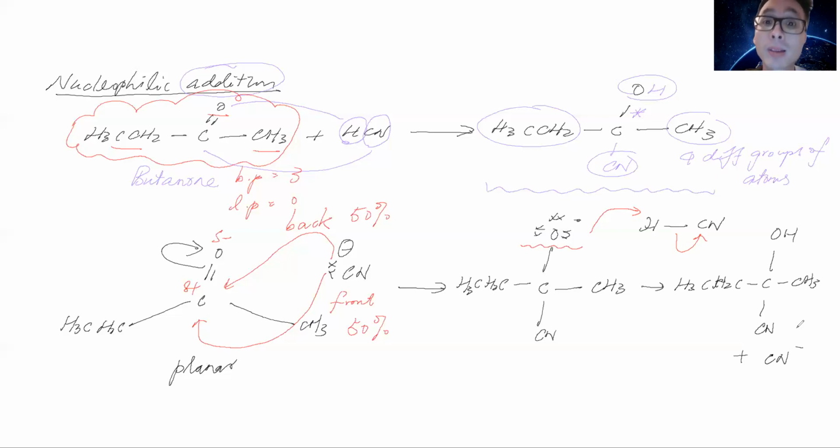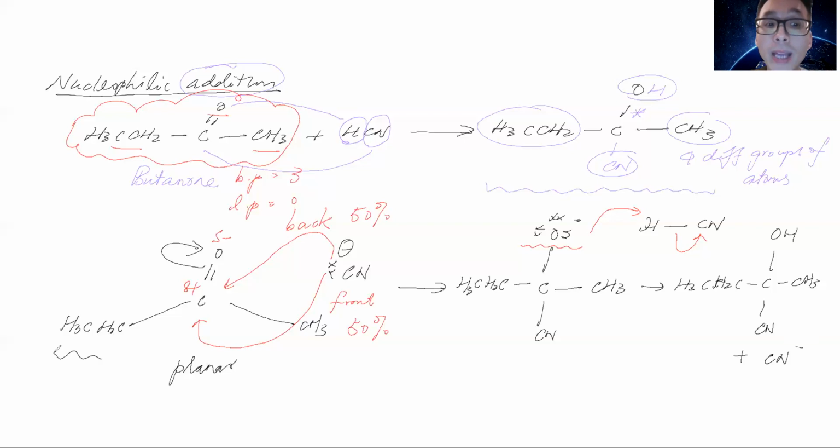If the process of the reaction involves either SN1 or nucleophilic addition, because for SN1, it involves the planar carbocation as the intermediate, and the nucleophile can attack either from the front or from the back, producing equal amount of a pair of enantiomers, because the attack from the front and from the back is of equal chance to happen. And for this nucleophilic addition, okay, this attack from the front and from the back is also happening